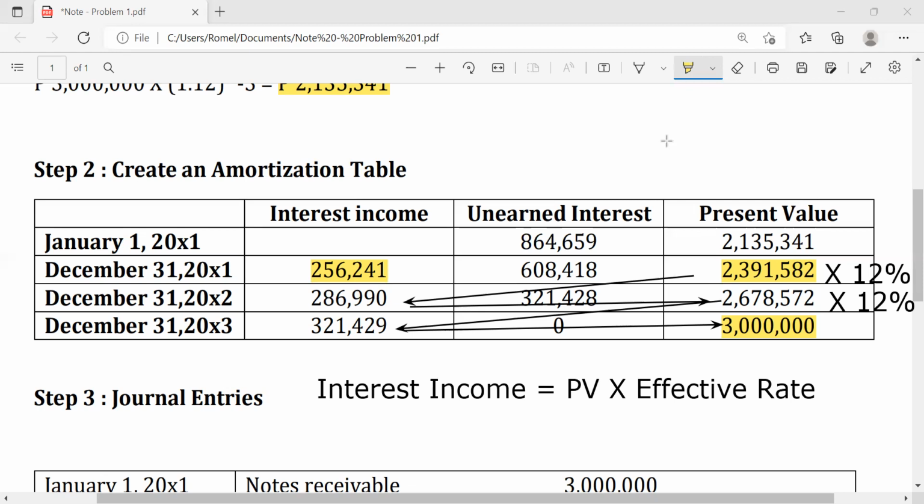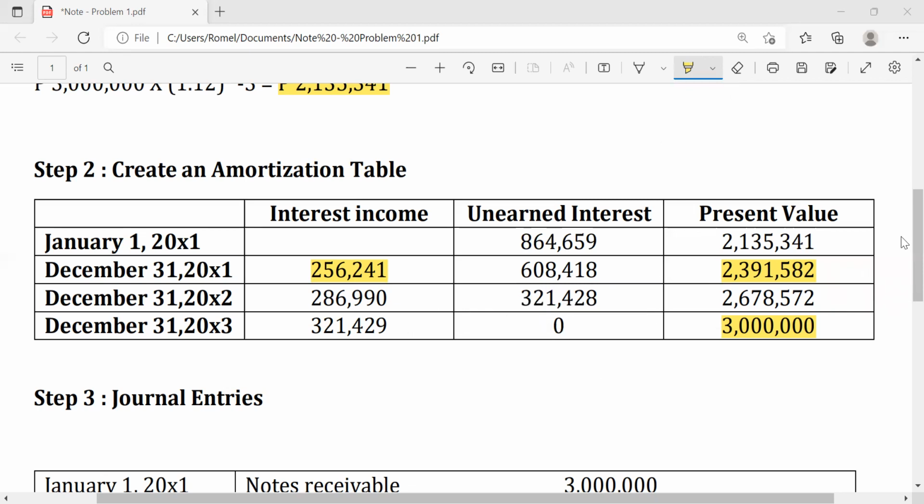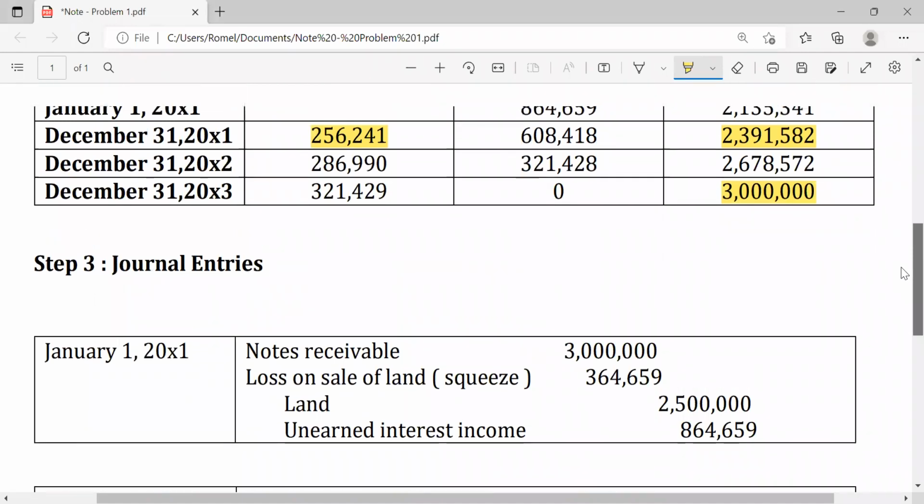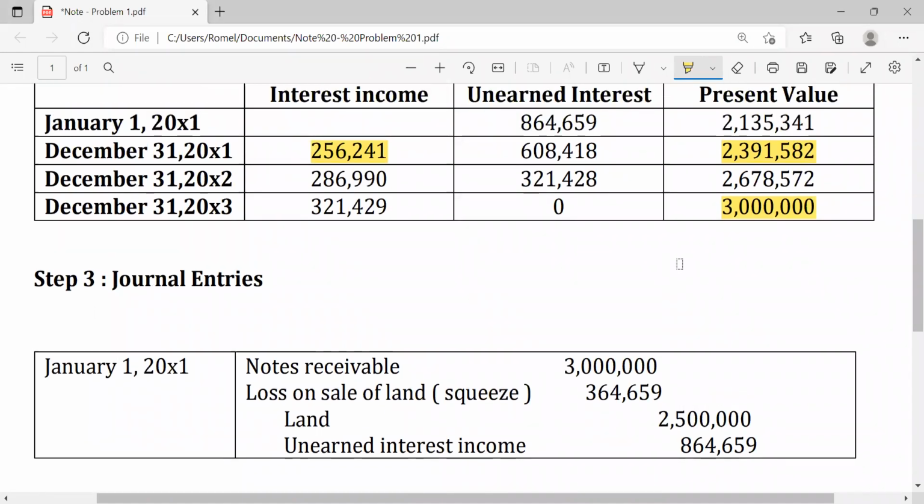So I will clear all the drawings. So what are the journal entries? So on January 1, 20X1, ano yung journal entries? Notes receivable, 3 million pesos. And then, next is unearned interest income of